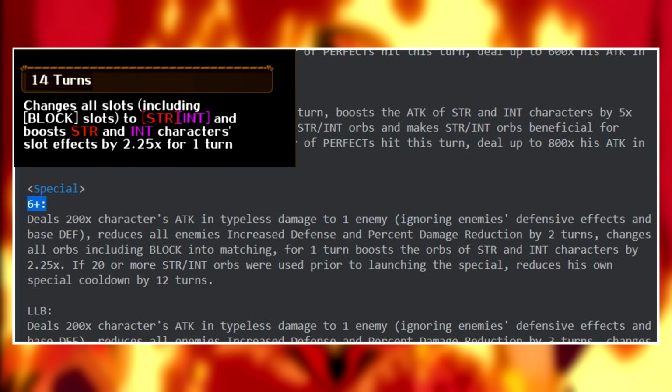He can reduce all enemies' increased defense and % damage reduction by 2 turns, so a little bit of utility just like V2 Aokiji, definitely welcome, because we get a unit that doesn't really have much utility, especially on enemy debuffs or team debuffs, and we see him now be able to remove something, so it is always a plus, even though he will most likely never be used just for his utility, obviously because 2 turns of removing a